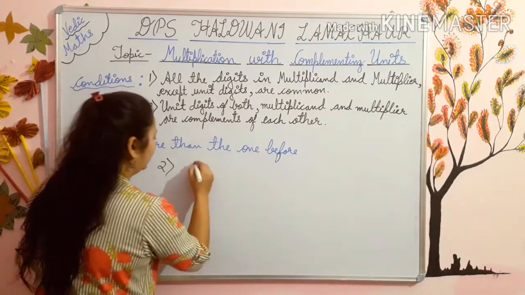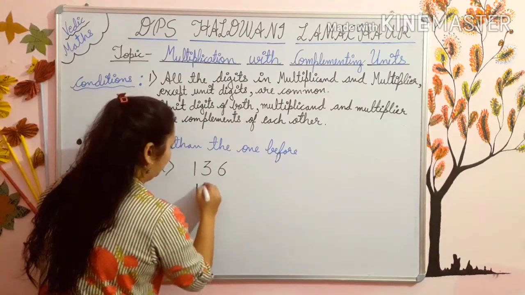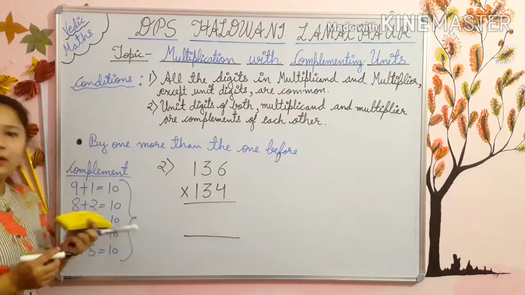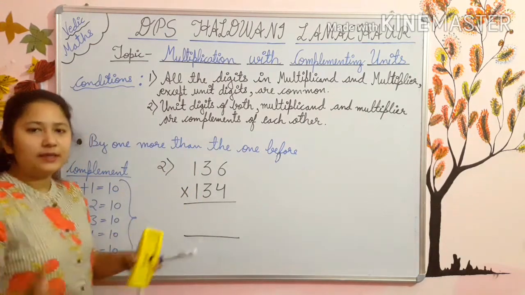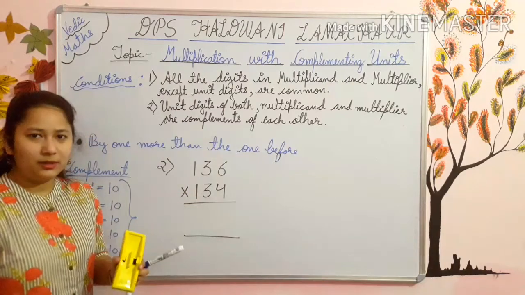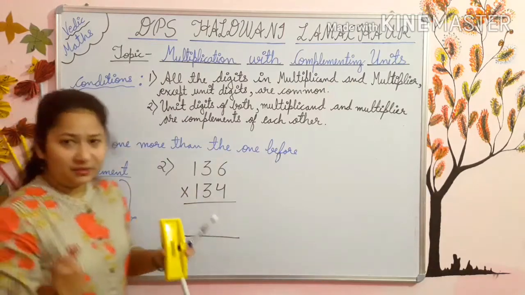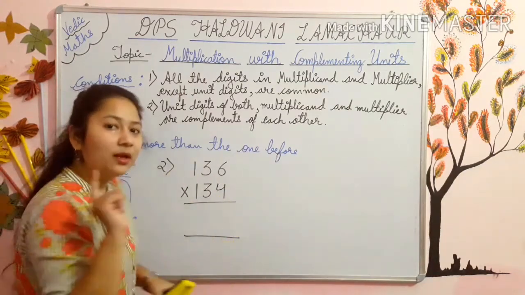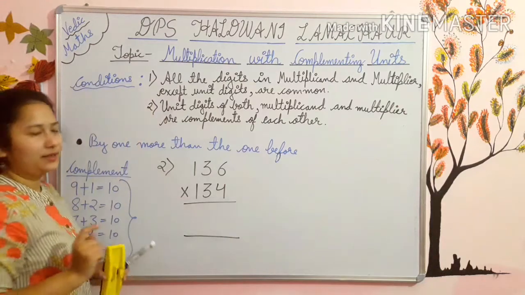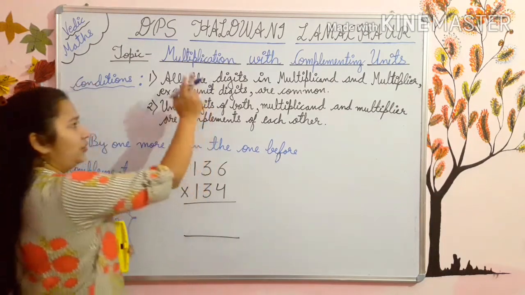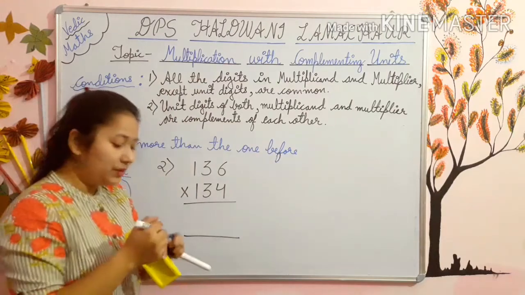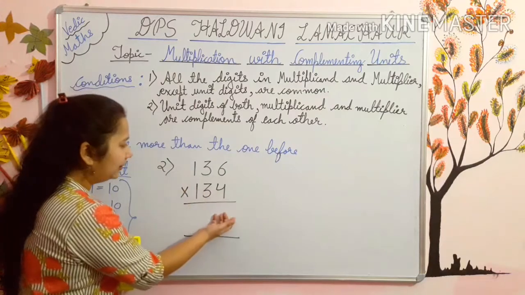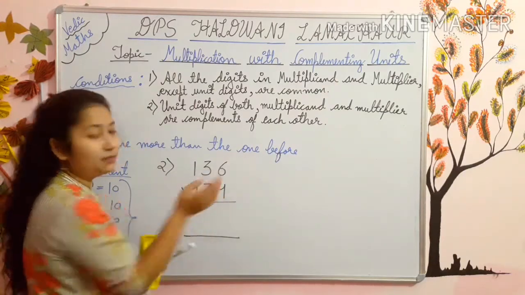Your second question is, now students, just watch whether your trick is applicable on this sum or not. Yes, this is a specific case method, so this trick will be applicable only on the sums which follow these two conditions. So first of all, you will check your first condition. What is your first condition? Students, after doing 2 to 3 sums, you don't have to draw the line. You can see clearly that your first condition is being fulfilled.